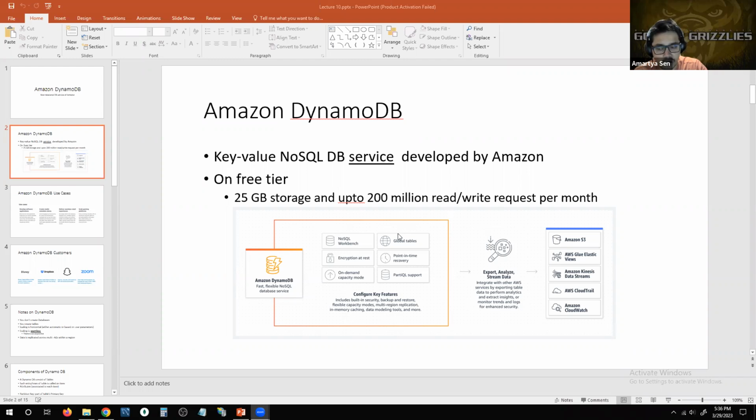We create what is known as global tables. There is no concept of creating a database per se. So what I mean by that is that if you're working with MySQL, or let's say Microsoft SQL Server, IBM DB2, or any of those kinds of relational database engines that we are familiar with, essentially the process is that we create a database, and